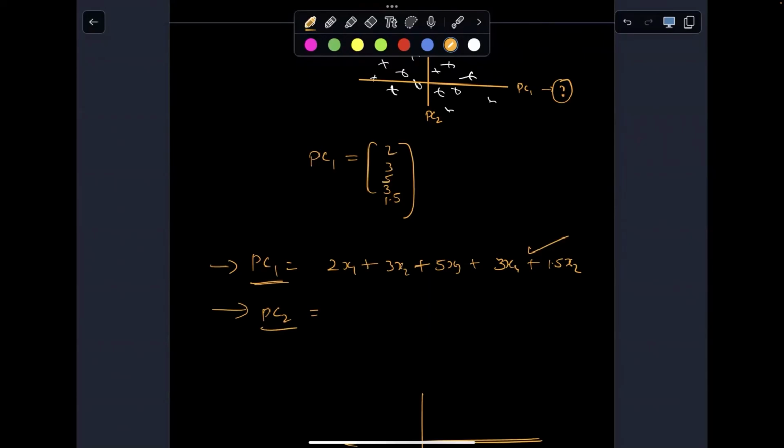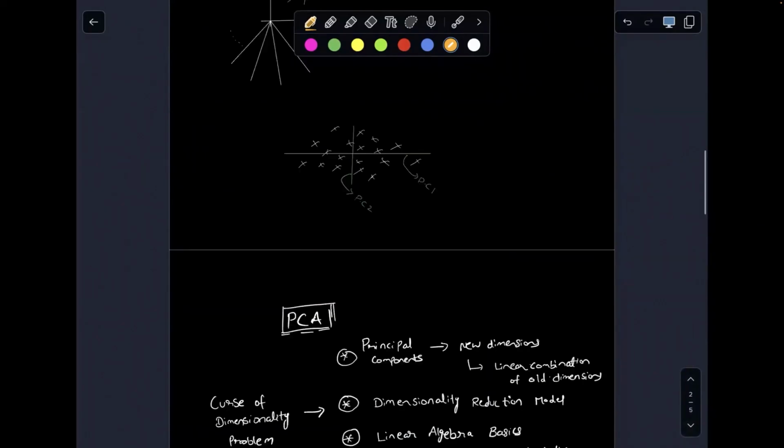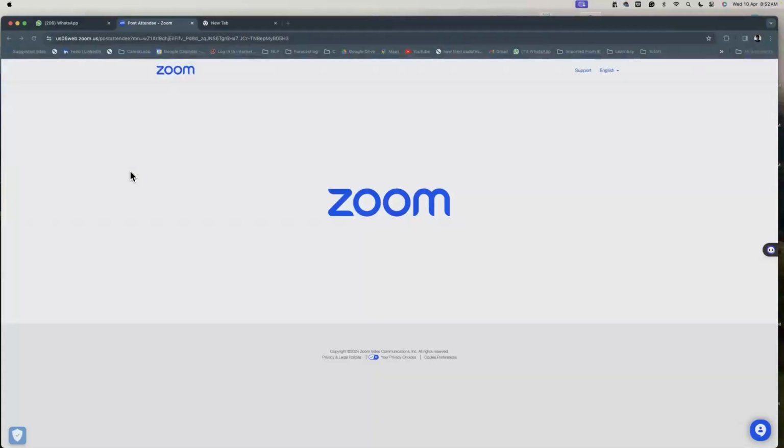Okay. So for those who want to see more about how this PC1, PC2 will actually be derived from this kind of a linear combination, we will look at a Python code, guys. We will look at a sample Python code to understand